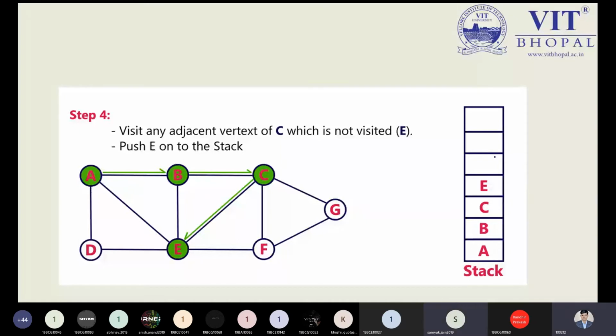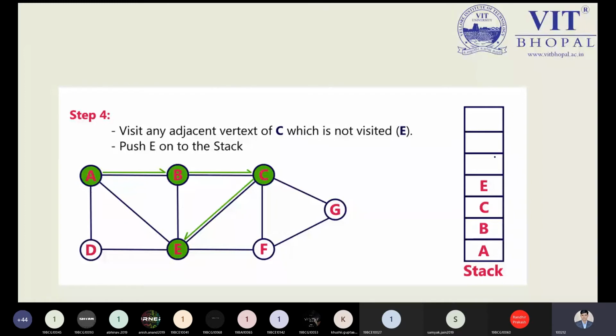No doubt. And suppose after the C, if you try to pick F, there may be some chance a loop may exist. So while solving the question, you need to see which value you are picking to avoid the loop. If the diagram of the graph is complex, you definitely need to pick the correct node. And while solving the question, there is some chance you can follow the loop.